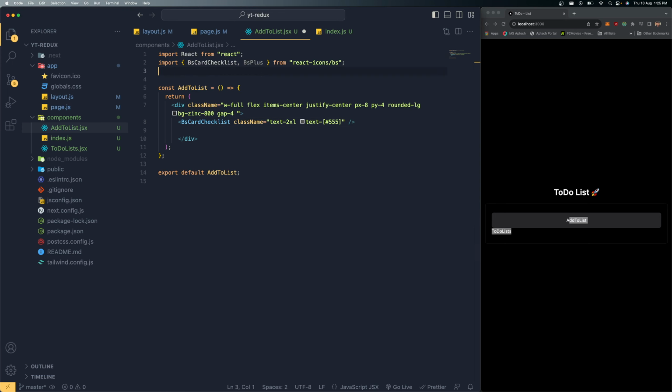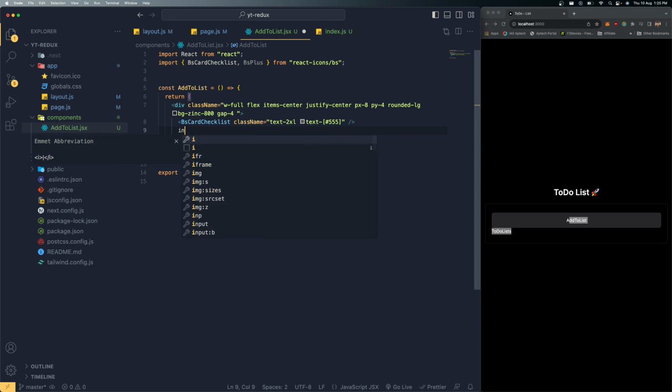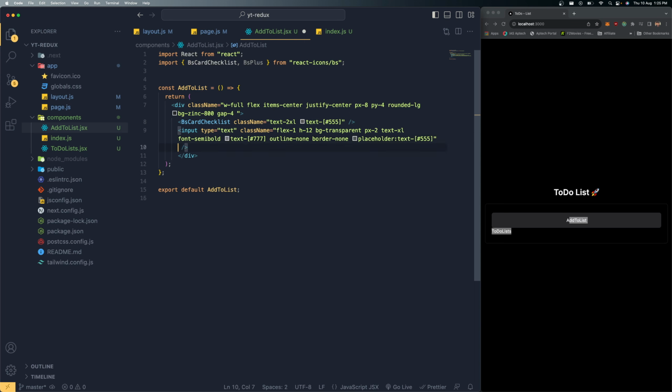Then I'm going to bring an input box, which is going to be an input, and that is going to have a class name like this, and the placeholder is going to be add to your list something. Then